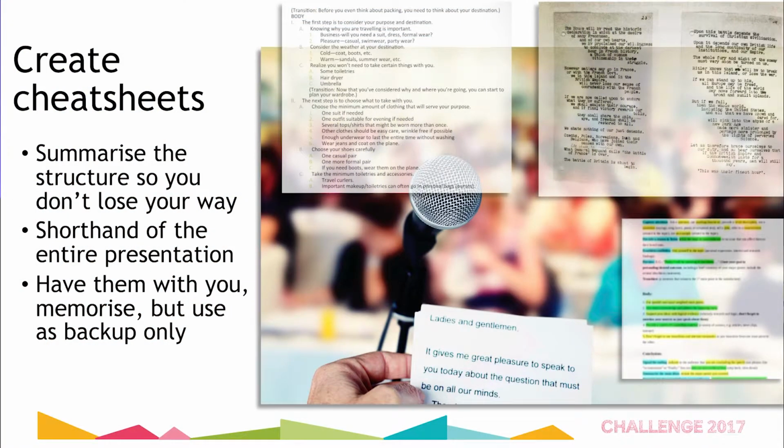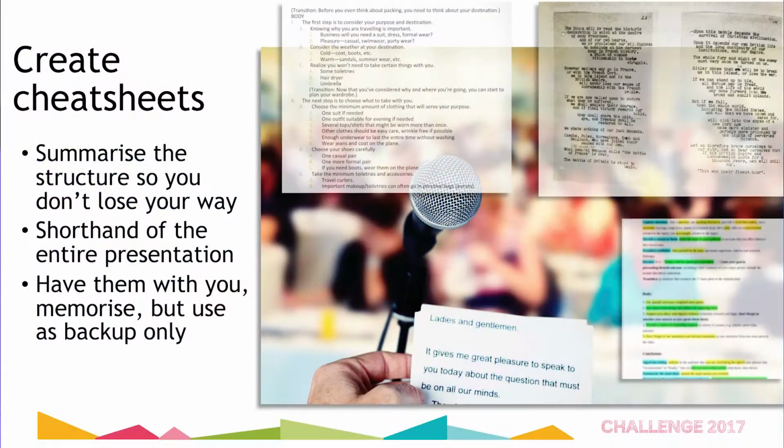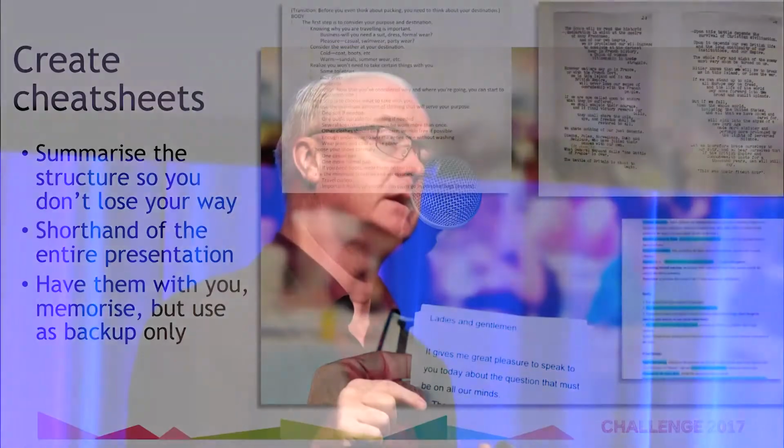Next thing you want to do is you want to create some kind of cheat sheet. Remember I said it's important to what you say, so you want to keep your points. And I've got illustrated here at the top right different people's approaches to that. So the one at the very top right is actually Churchill's, one of his famous speeches. See how he laid it out. Now, that suited his brain. Somebody else liked the highlights. See, highlights the key points. A lot of people like to draw little squiggles. The point of creating the cheat sheets is to have a summary of the story